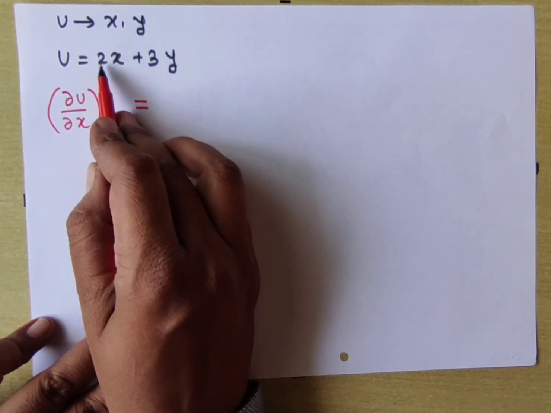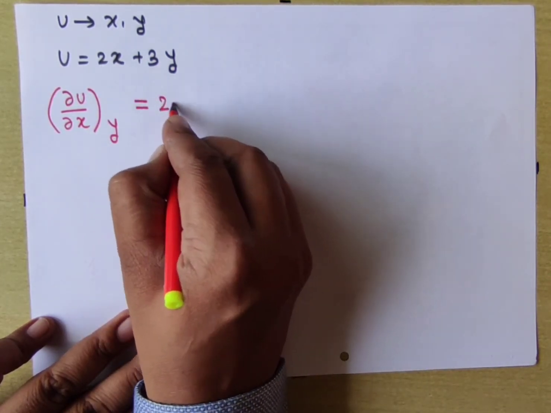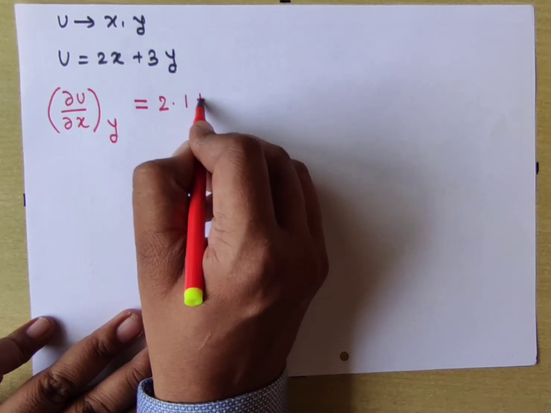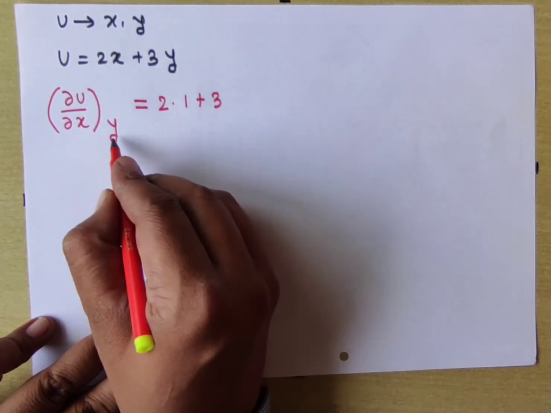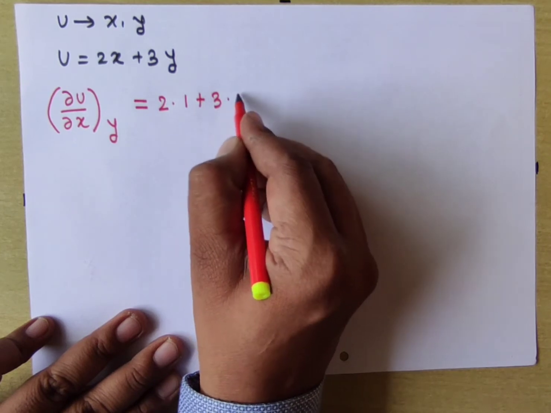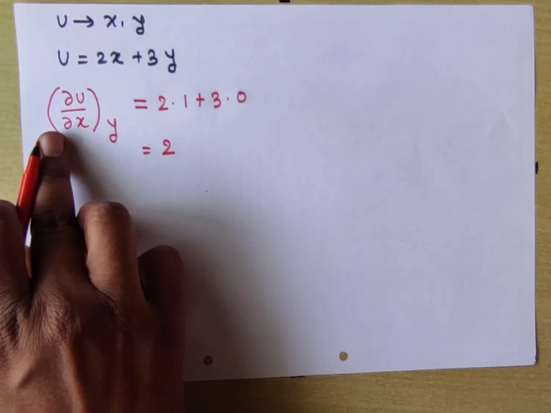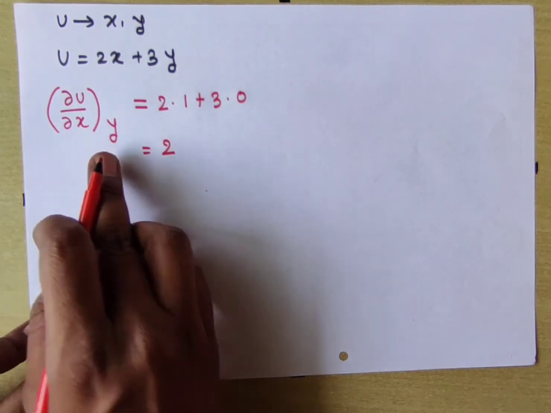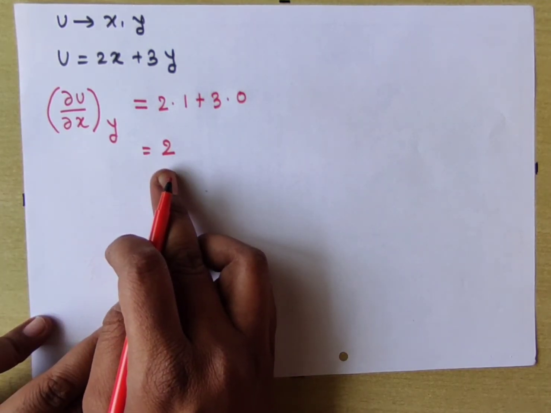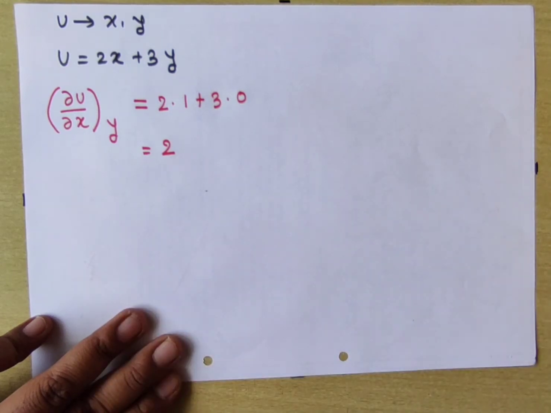So when we take a derivative of this, 2 is a constant outside, derivative of x is 1, plus 3 outside, and here we consider y as a constant, so derivative is 0. So the final answer is 2. So the value of ∂u/∂x, treating y as a constant, is equal to 2. Similarly, the next relation is